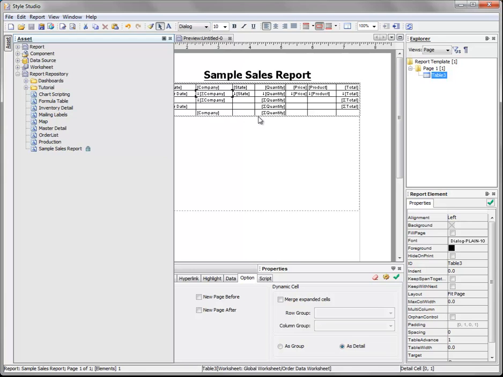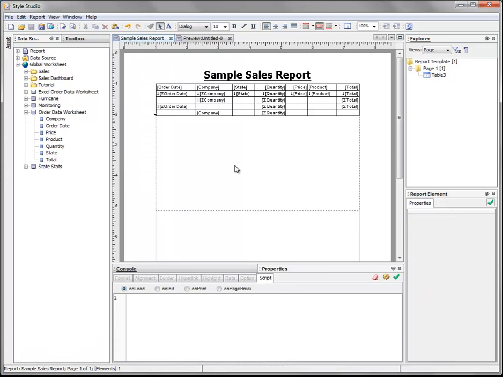So if we save this report to the working repository in Style Studio, then it will be visible to our server as well, to the user portal, which is also using the very same repository. And we'll confirm that shortly when we go ahead and preview this report in the portal. Okay, but for now, we have the report saved, and we can go on to make some further modifications to